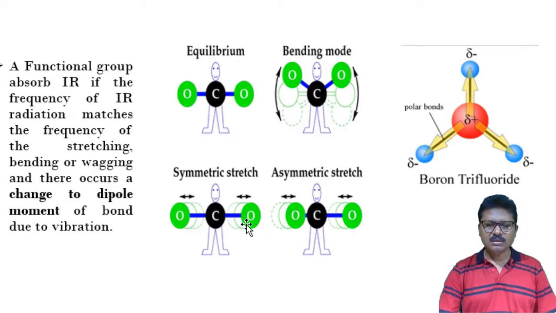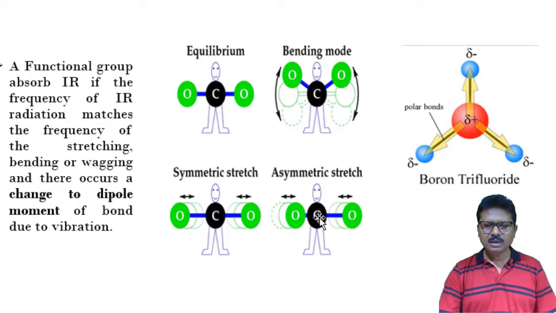So in this case, from changing this position to this position, there is a change of dipole moment. Now from this figure, say this is the normal position. Now when this changes position to the right direction, at the same time this changes position in the left direction. So at a particular moment, again if we find the resultant dipole moment, the resultant dipole moment will be 0. The dipole moment of the initial position was 0. So though there is a vibration, there is no change of dipole moment.